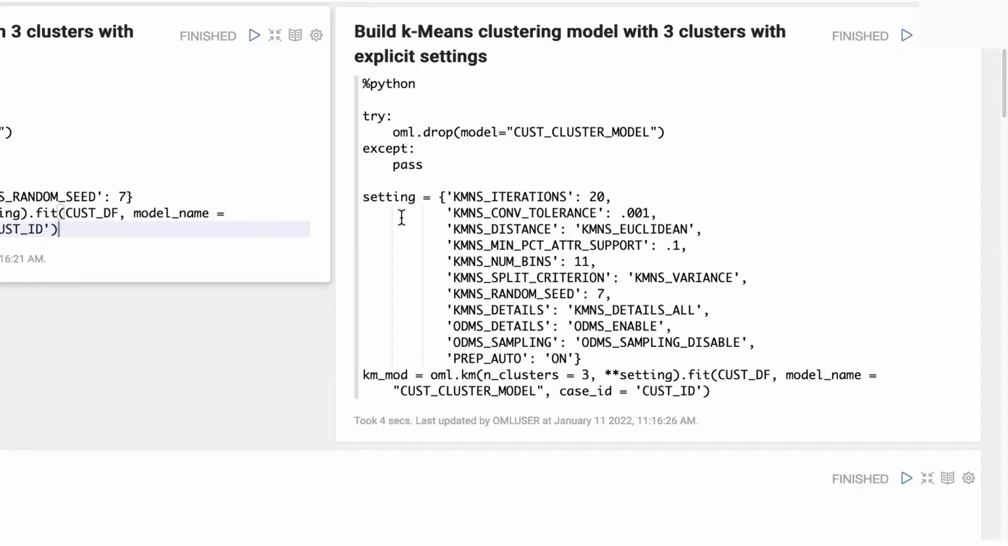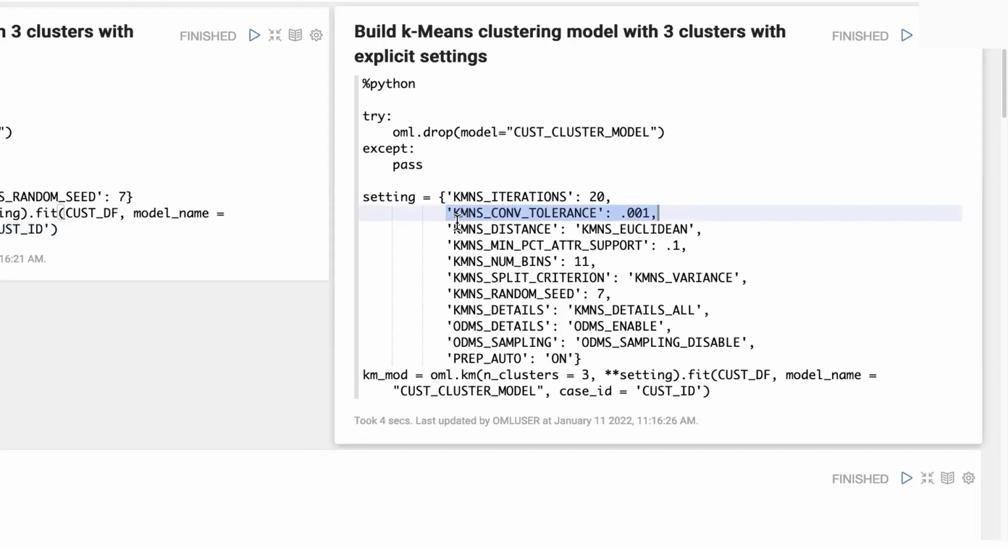And in here is just because we wanted to show you guys that we have a lot of options here, okay? In this case, you have convergence tolerance, you have distance, right? So you can change the distance type, a minimum percent of attributes for support, number of bins for a split criterion, keeping the random seed there, the details of all of the k-means, and then ODM's details for the details of the